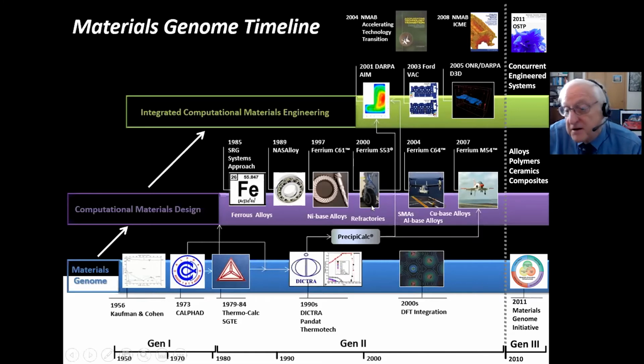But in parallel with that, at the university, we did a number of demo projects to apply the same methodology to other alloy systems, polymers, ceramics, and even some composite systems. And I think it was the successes in design of materials in the 90s that really helped to make the case for the DARPA AIM initiative starting in 2001 that is the start of what we now call ICME, or